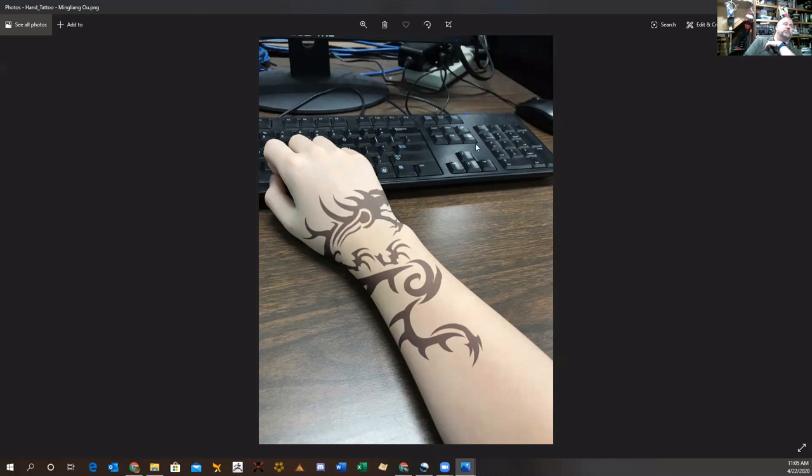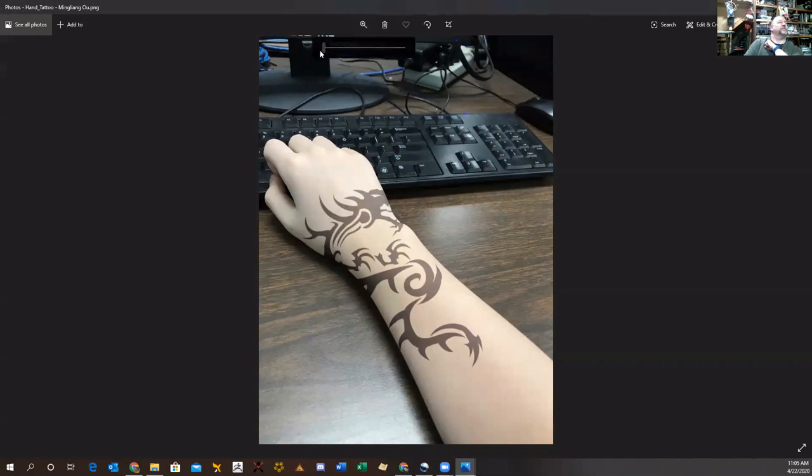So both of these, this is definitely what I would consider A quality work. You don't question that they're tattoos. They look like they're on the hand. It gets a little funky maybe in here, but at a first glance and even a close-up glance, if we zoom in on it, maybe,